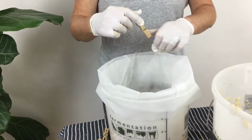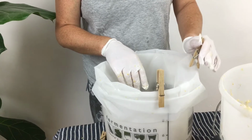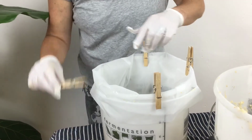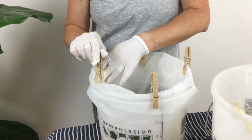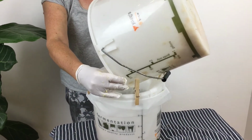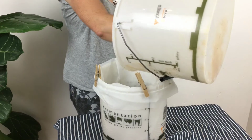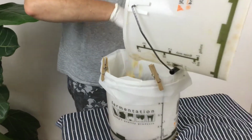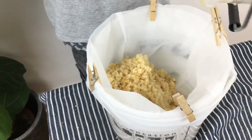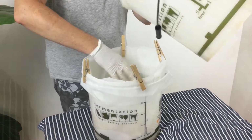Okay. I'm going to put the pegs on the bucket to keep things in place. Obviously, if you've got someone doing this with you, you might not need to do all this, but I know from experience that I end up with my bag slipping into my bucket, and if you put pegs on, it doesn't. Pouring the contents of the first bucket into the second bucket through the straining bag. So it's in there,